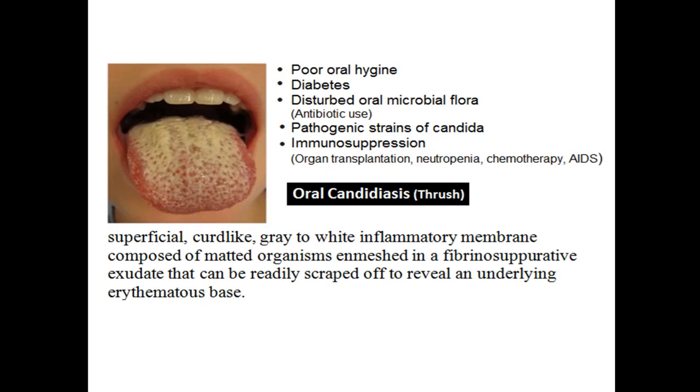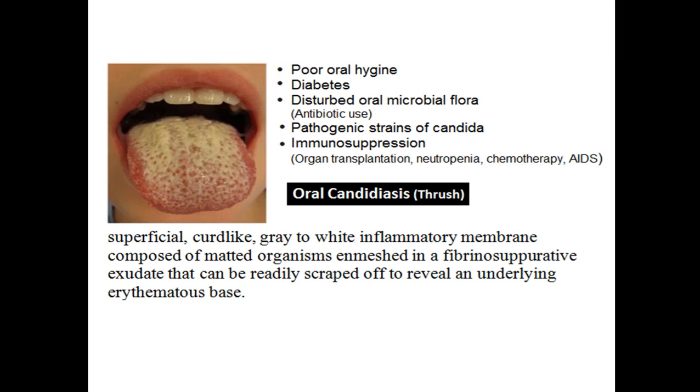Now, here is a picture of oral candidiasis, and one important thing I want to tell you at this point is that if you take a tongue depressor, you can scrape and clear the area. When you scrape and clear the area, you will see a red erythematous zone behind. But if the area cannot be cleared by a tongue depressor, then we must look for the presence of other serious illnesses.